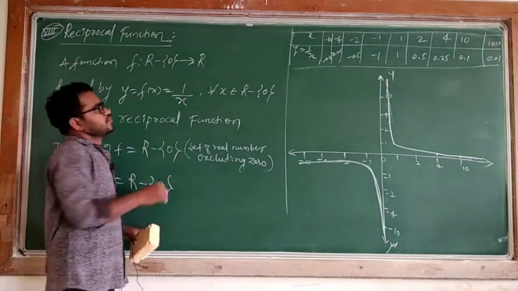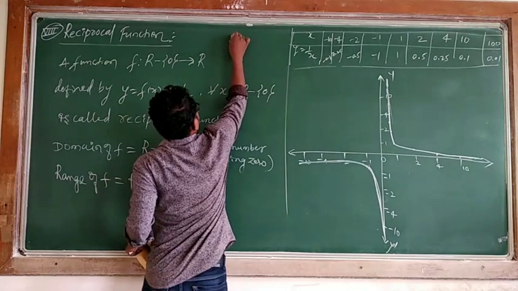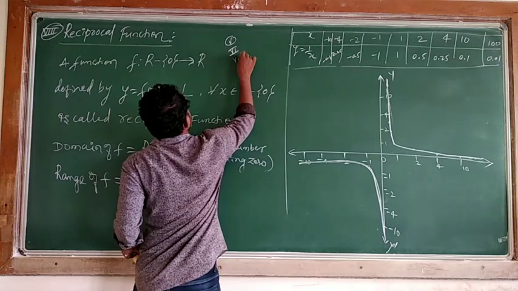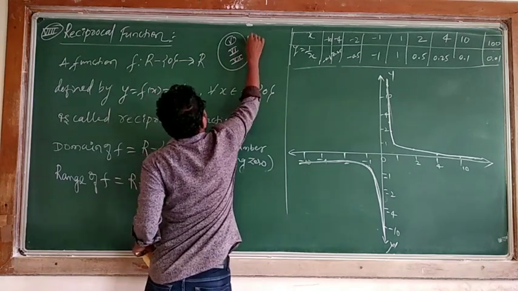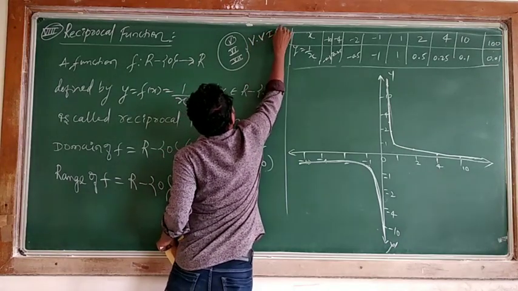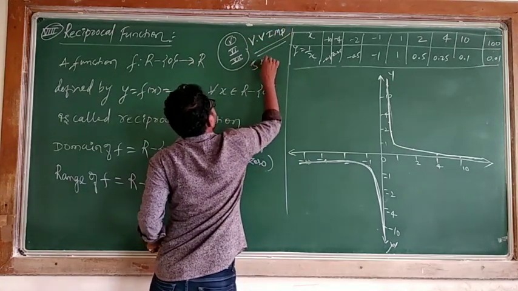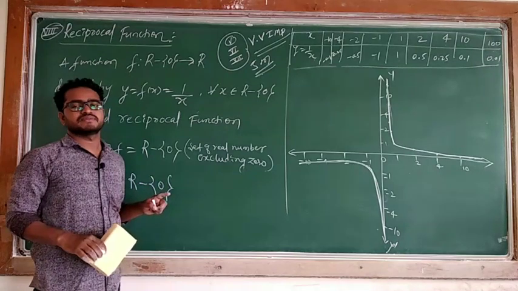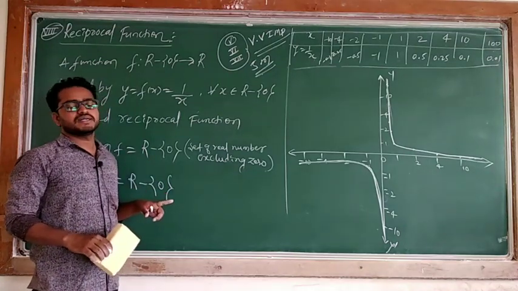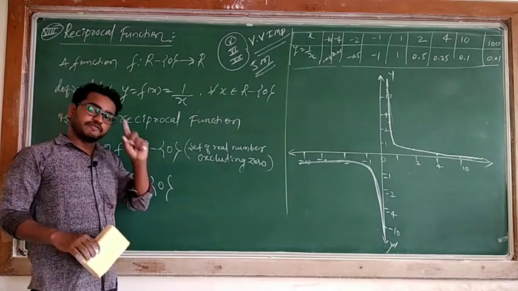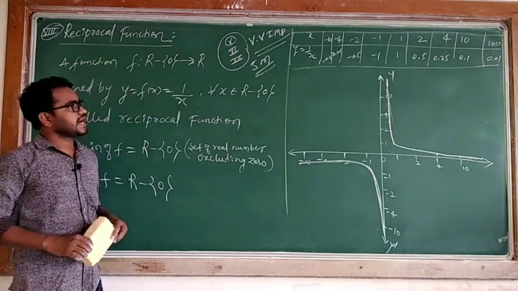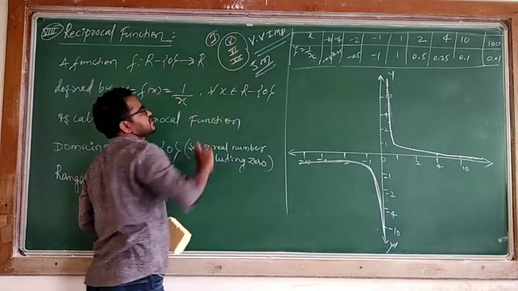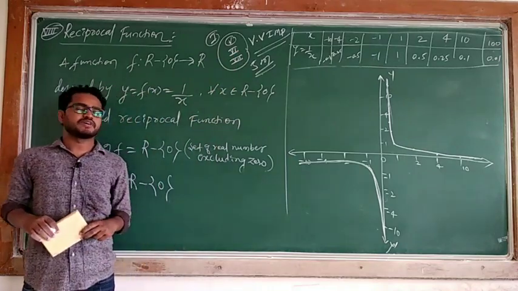In this case, what are the important things? First one, fifth one, sixth one, and seventh. These graphs are very important from the exam point of view. 5 marks you will get out of these. Fifth graph, sixth graph, seventh graph. What are those? Modulus graph, signum function graph, and greatest integer, and first one also, the identity function. These are the focused graphs for the exam point of view.